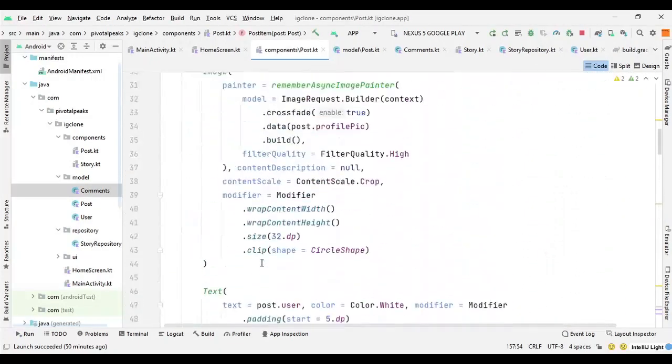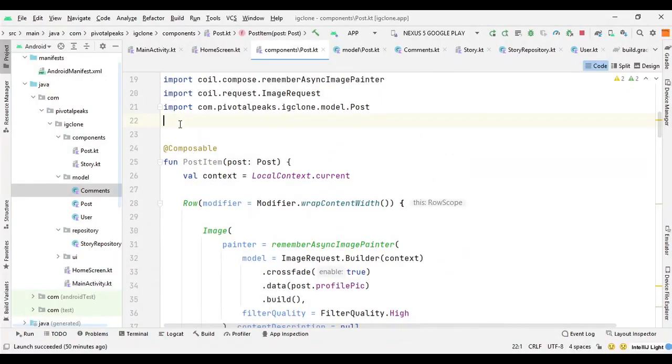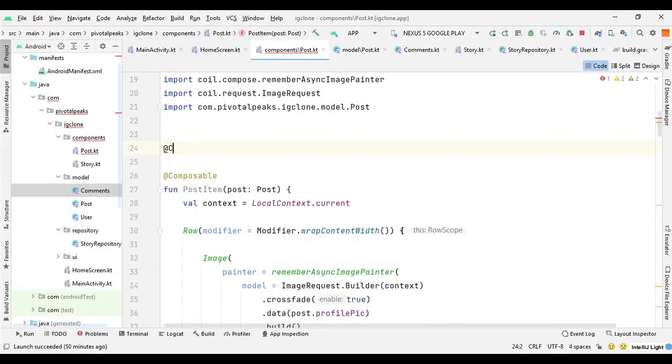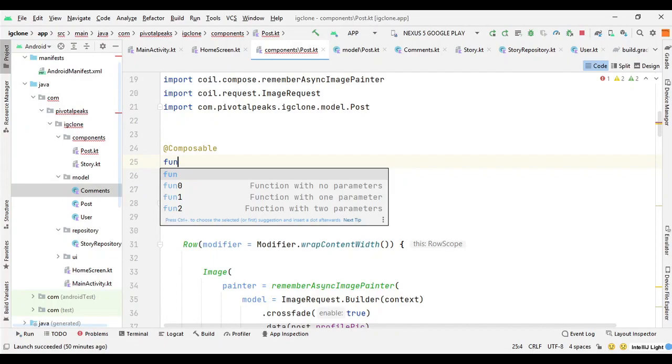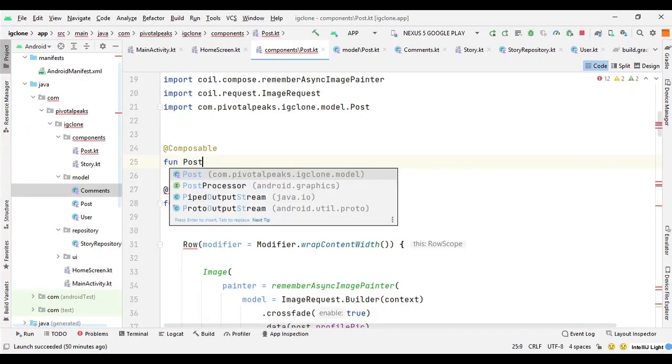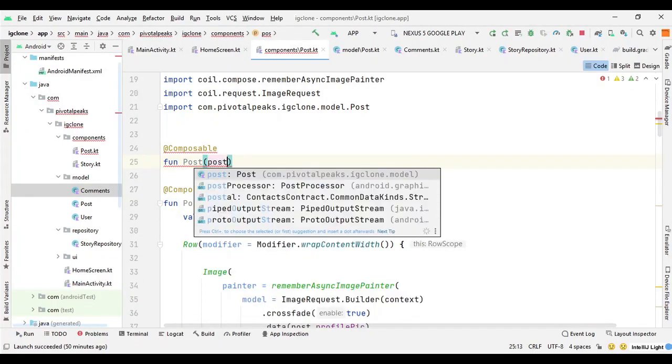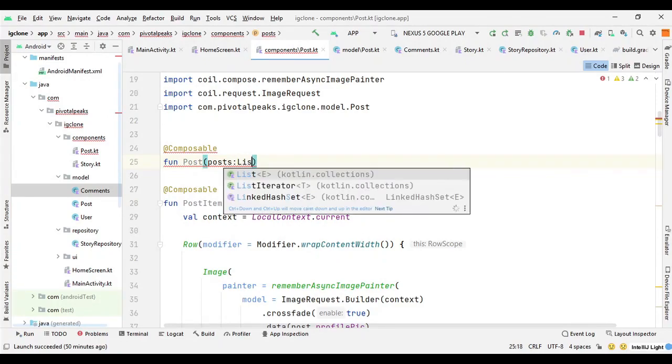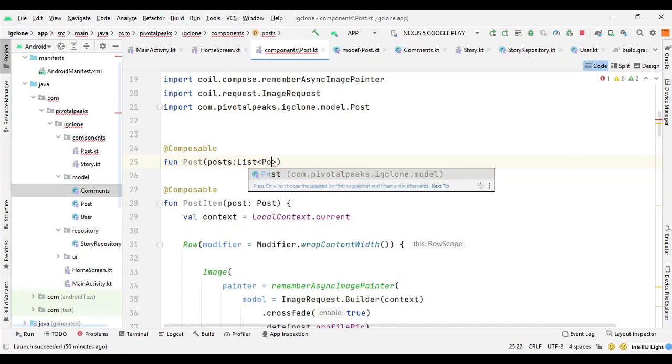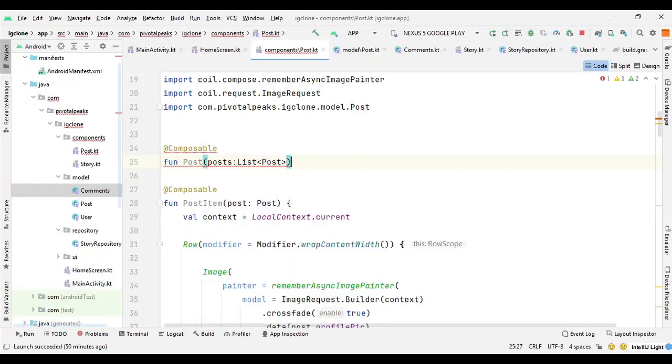So I am just going to add a composable function Post, and it will take a list of posts, so we can say List and provide the Post data class.